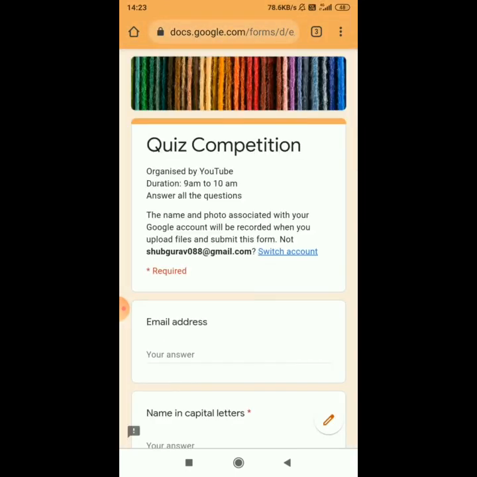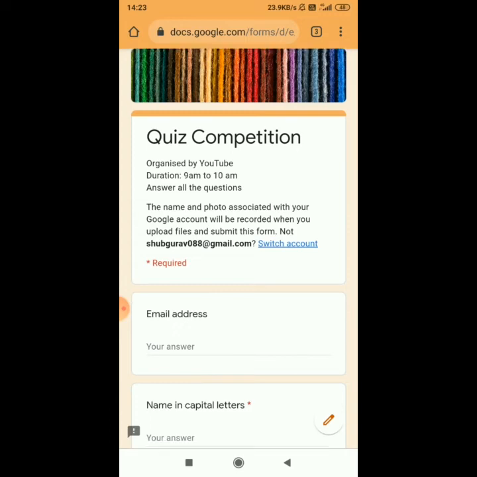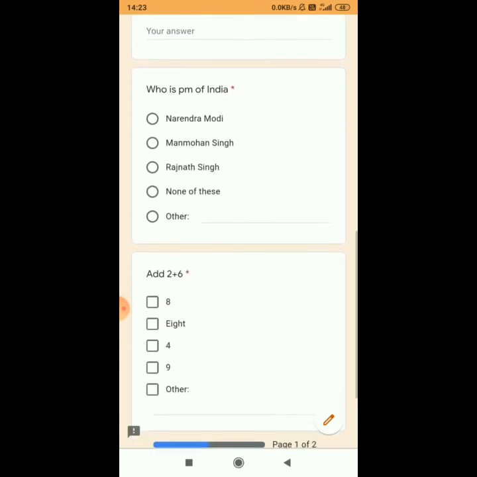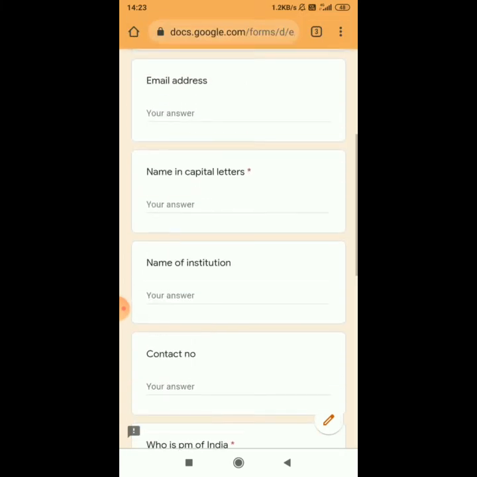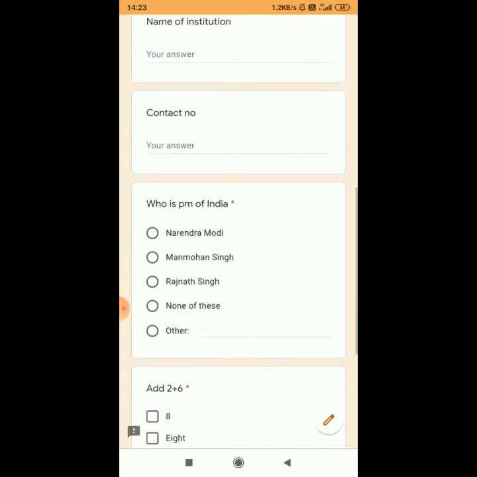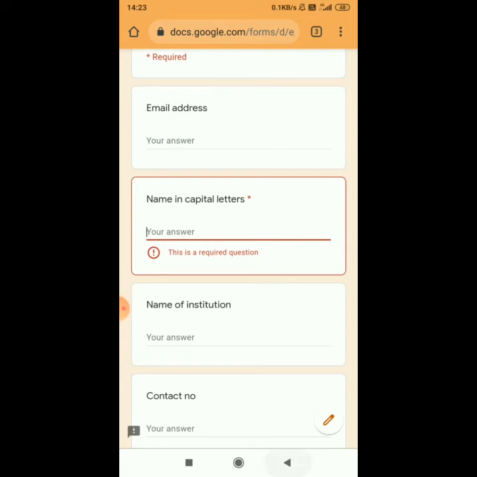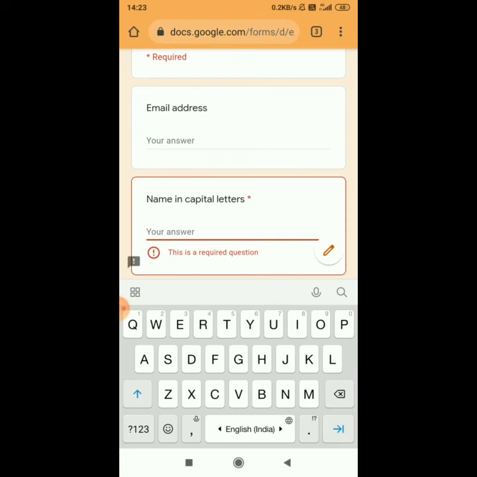Now you can view your Google Form which you have created here. You see, it's not going to next because the name is mandatory. The star symbol indicates that it is mandatory, so we'll enter the name.